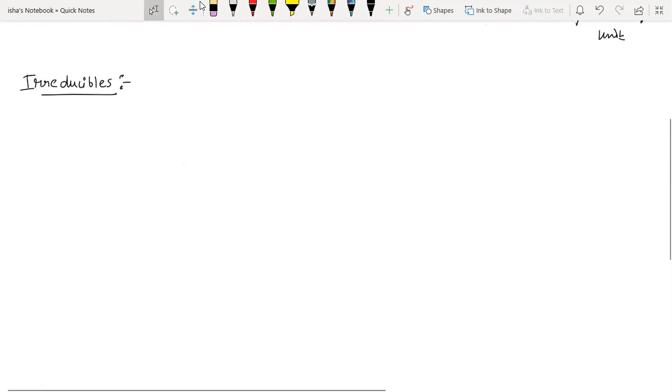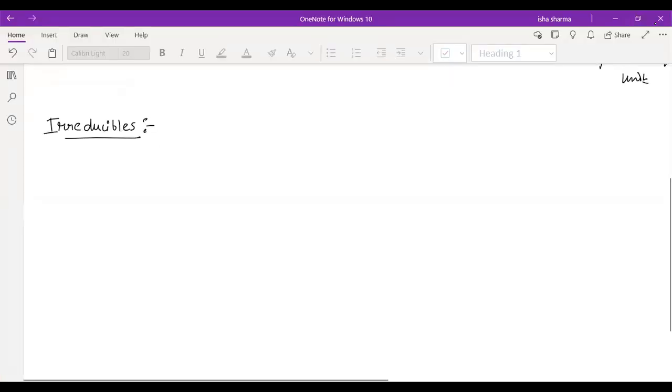Now, if you remember the definition of an irreducible polynomial. Yes, can anybody define, in polynomial rings, when we used to say that the given polynomial is an irreducible polynomial over that particular ring? Anybody remembers the definition? Does anybody remember the definition of irreducible polynomial?